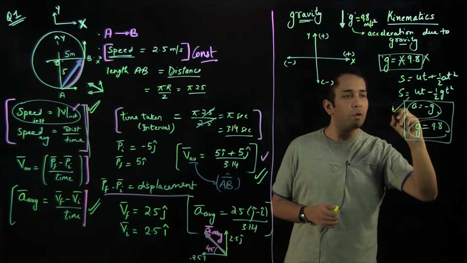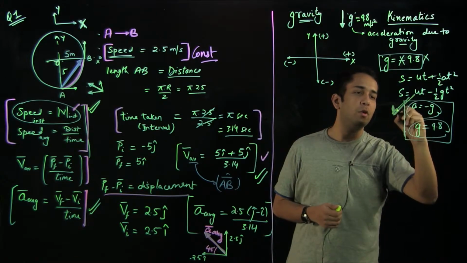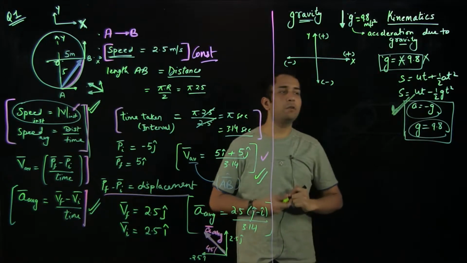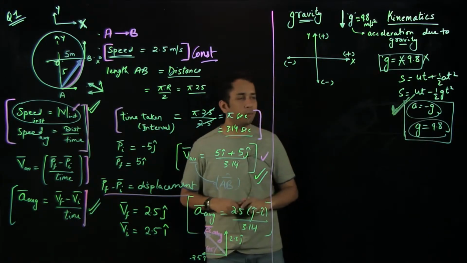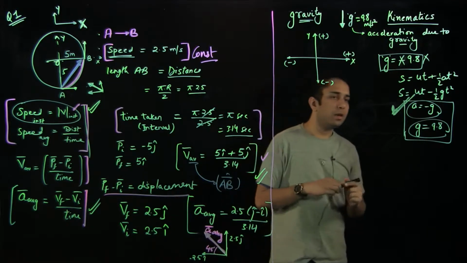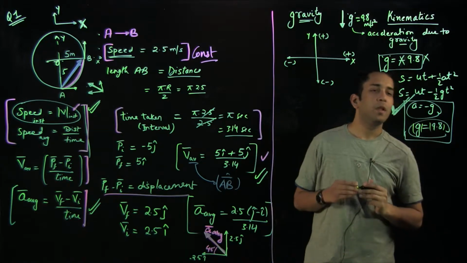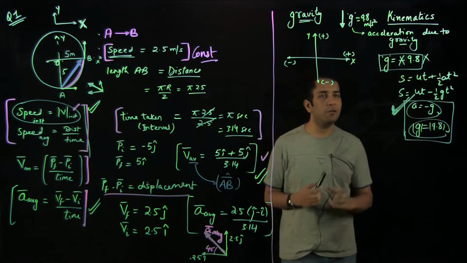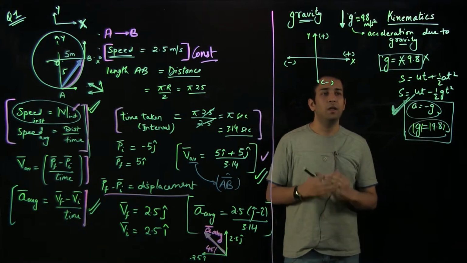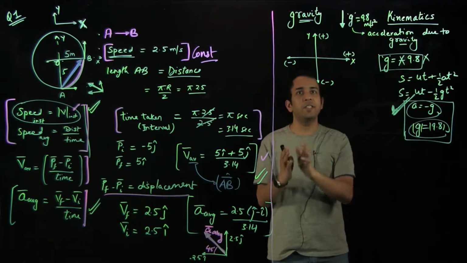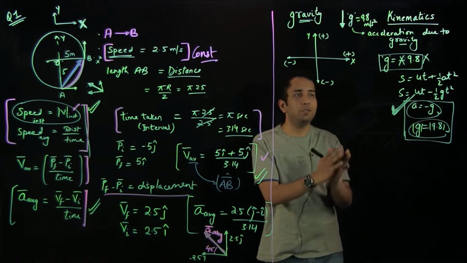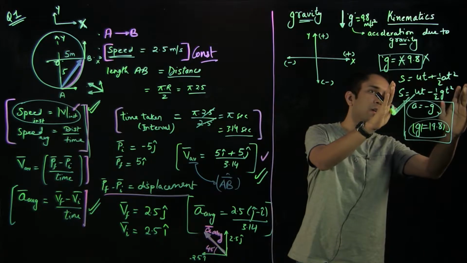So it will be good to follow only one convention. Don't get confused that okay, you are putting a equal to g and then g equal to minus 9.8. Just remember, this is a mod of g, or the value of g is 9.8. You are just putting acceleration equal to minus g, because you are interested in giving the sign convention to the actual variables which were already there.